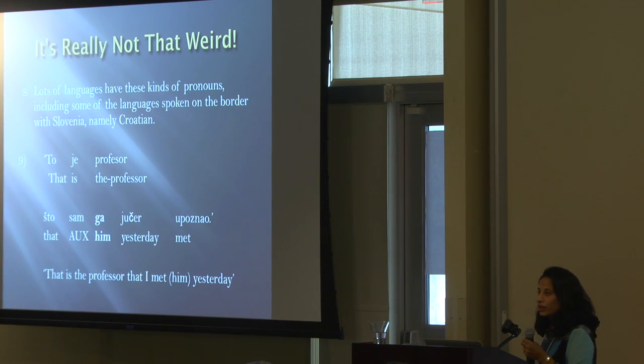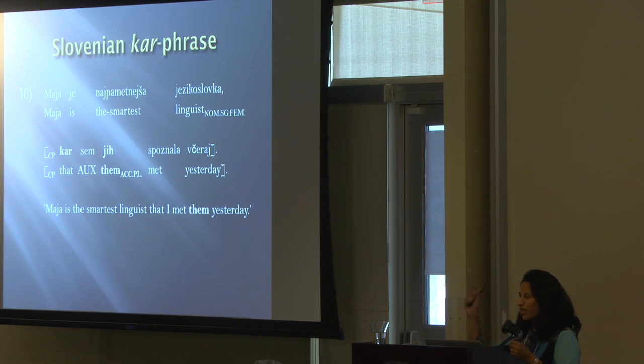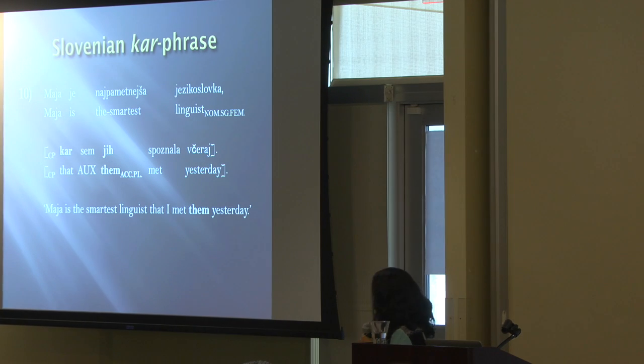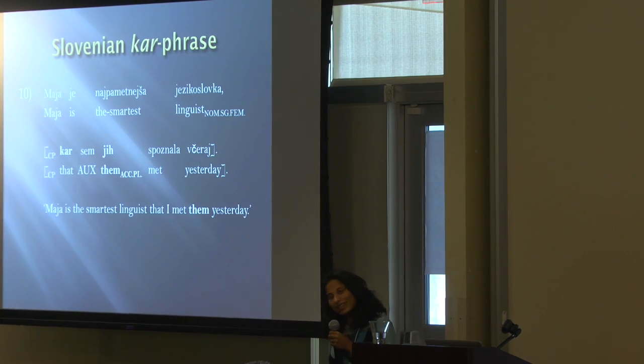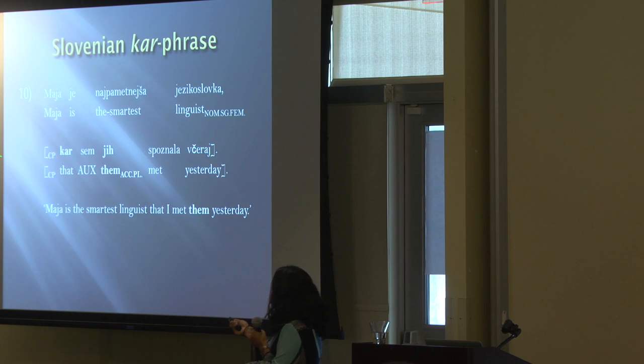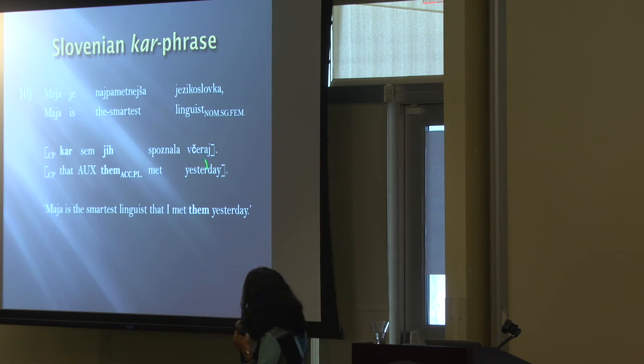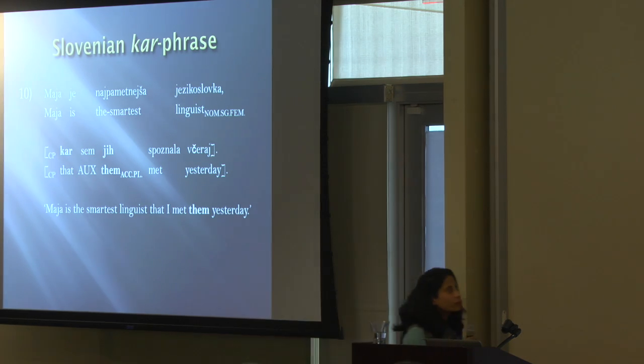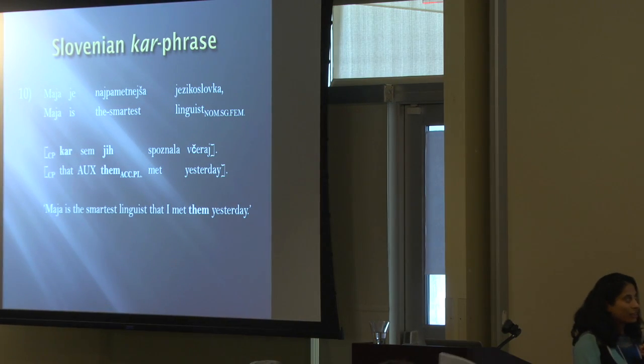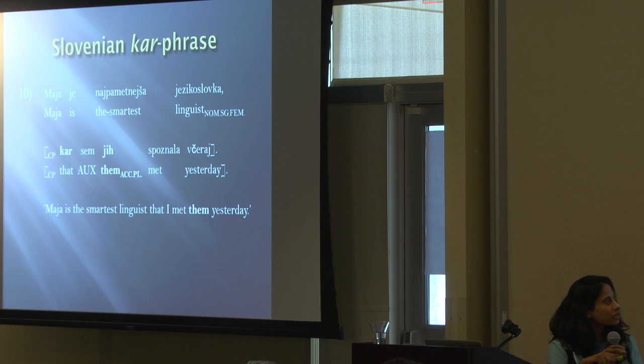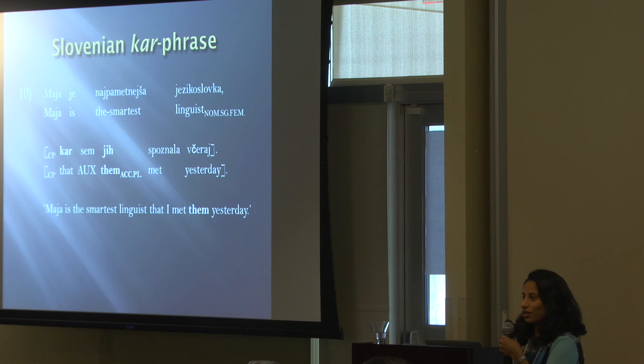But let's look at what Slovene does once a superlative adjective, the thing like best, is introduced. Here the word is smartest. That's our superlative adjective. Well, remember I called it a key relative clause? The word that has a different form suddenly. So once you have a superlative degree adjective, what you get in the clause is a different, what we call relativizer. But in addition, Maja is the smartest linguist. Notice linguist again, nominative singular feminine,